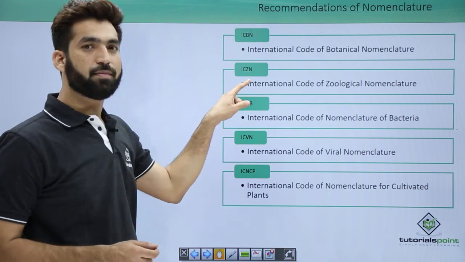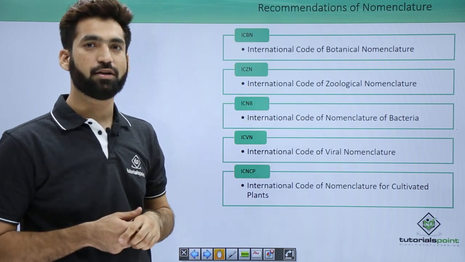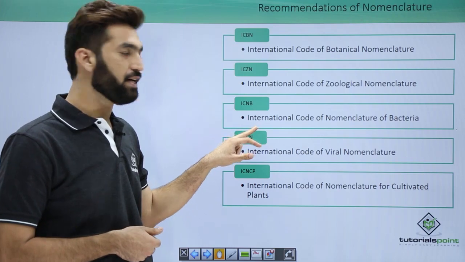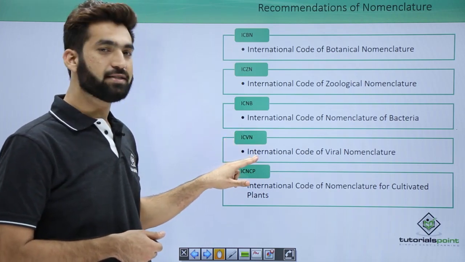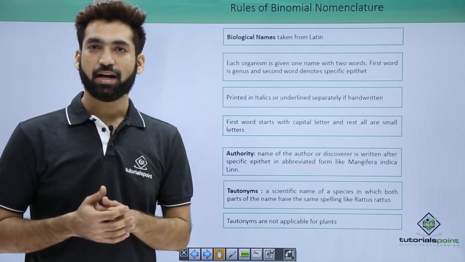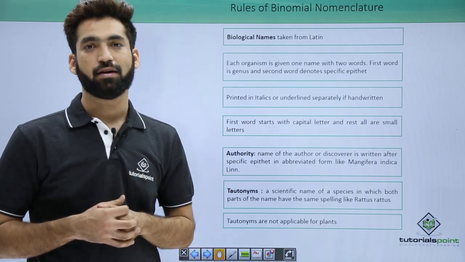Now, when you talk about the nomenclature of animals, you have ICZN, which is the International Code for Zoological Nomenclature. For bacteria, you have the International Code of Nomenclature for Bacteria, and ICVN stands for International Code for Viral Nomenclature. When you talk about binomial nomenclature, which is given by Carolus Linnaeus, we must know that every organism